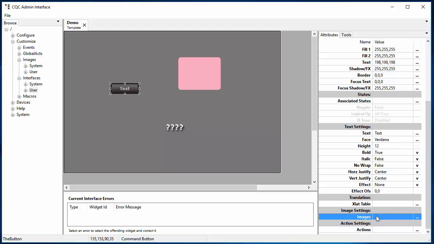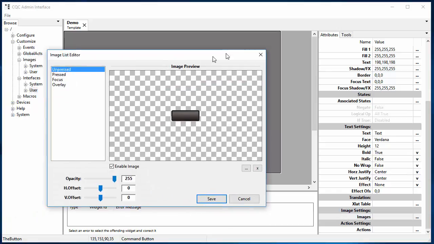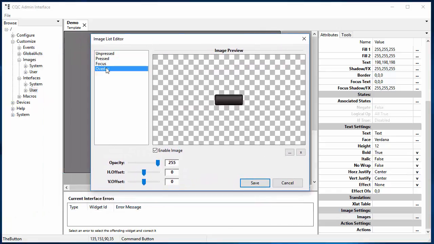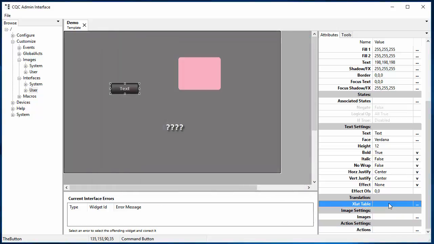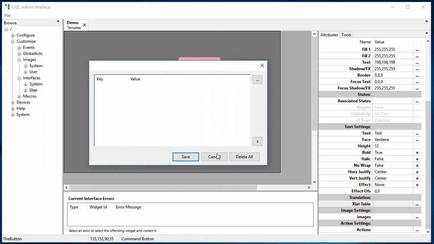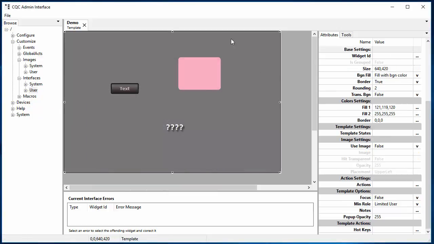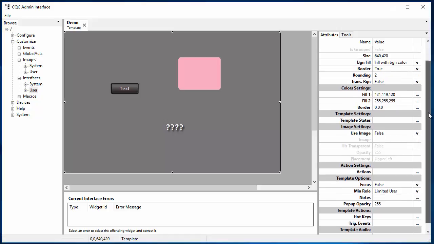And let's say for images, this particular button allows for pressed and unpressed images and so forth. So the images one, again, we click on it here, it doesn't let us do anything. So we click the ellipsis and we get a button that will allow us to edit the images that this particular button uses. And there are others here like an attribute and translation table as well, which again is just another dialog box. And the template itself has some as well, and the reason these are